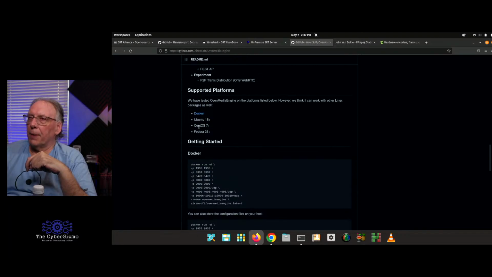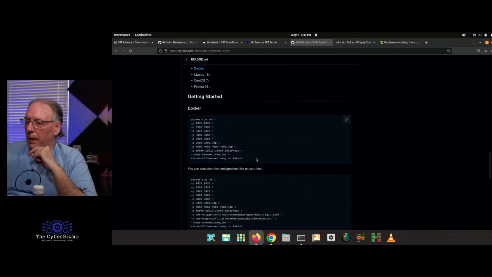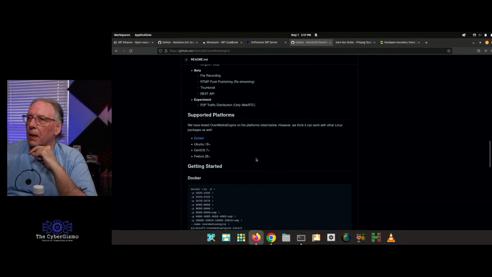Yeah, it supports Ubuntu, CentOS, and Fedora. But probably the way I would be interested in using this is with Docker. So yeah, I might use that. Anyway,